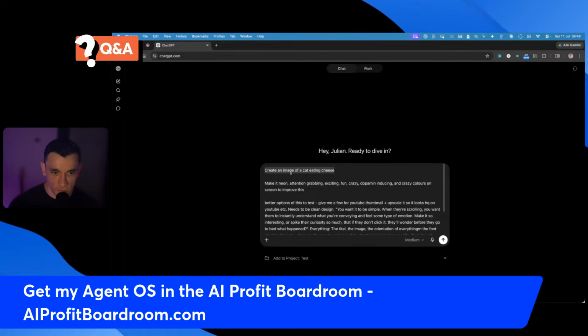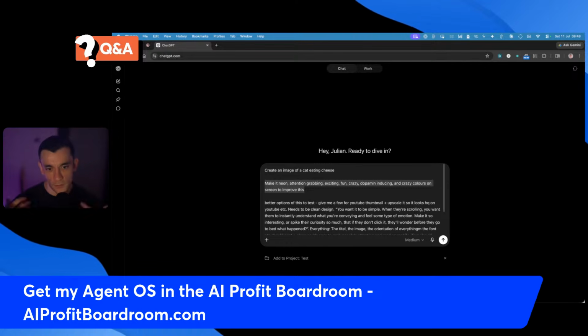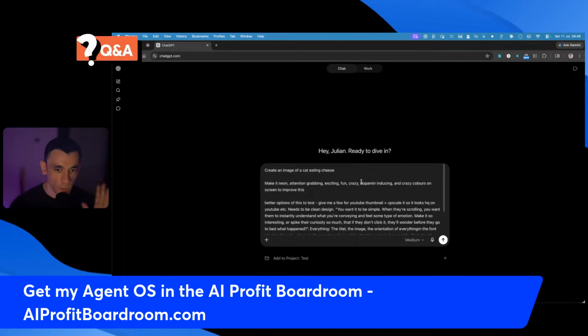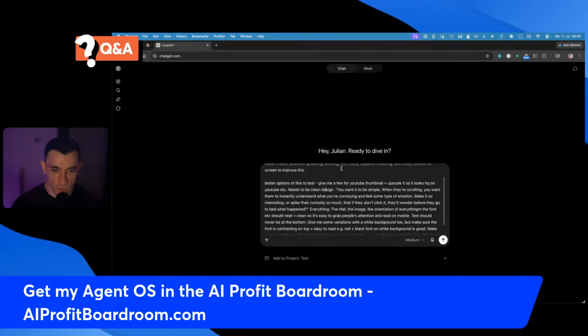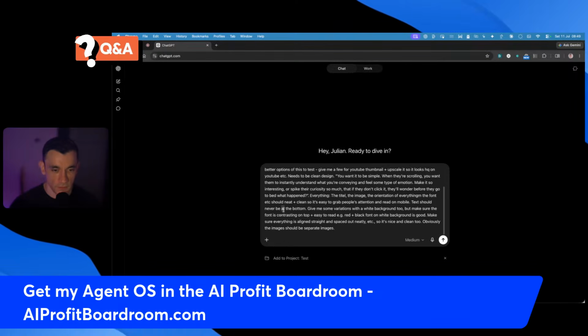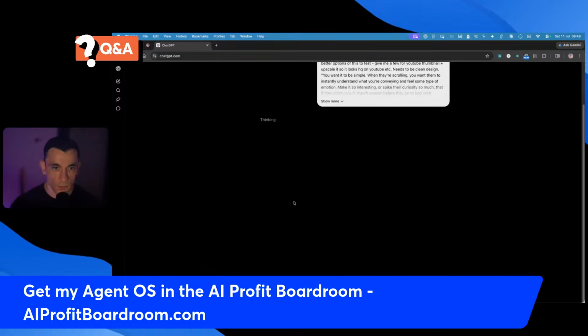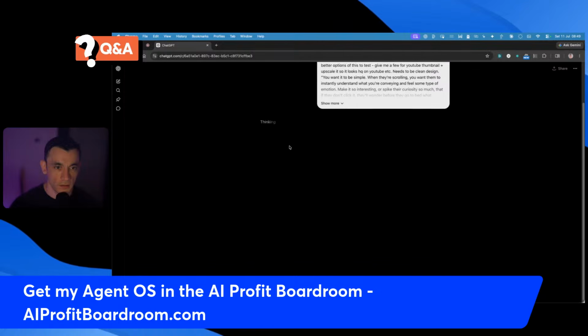So we have a basic prompt for creating an image, and then we have some ways that we can add, for example, exciting, fun, crazy words like these to make the image stand out more. And then also, if you want to generate multiple versions of the image that are very similar but slightly different, for example, slightly different colors or more contrasting or different titles, etc., then I use this prompt as you can see right here. Now, once we're happy with that, we can click enter and it will start thinking and generating